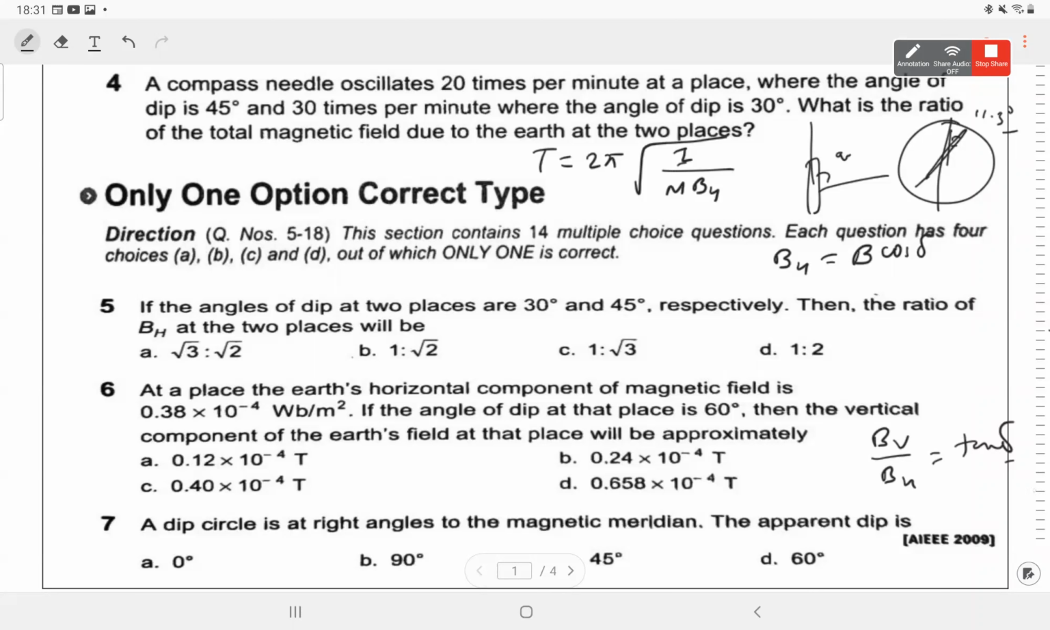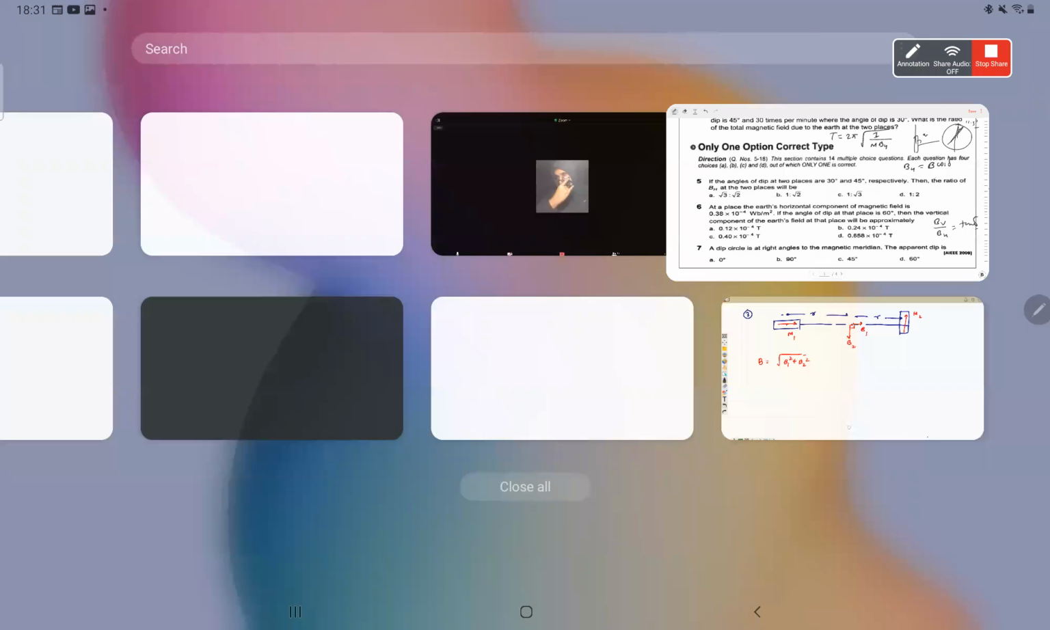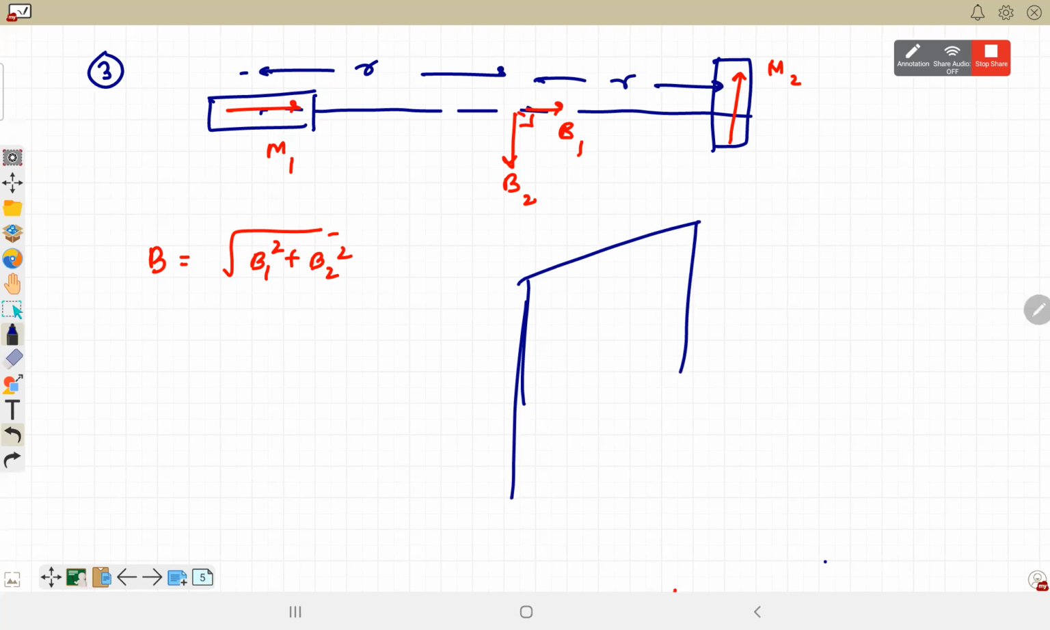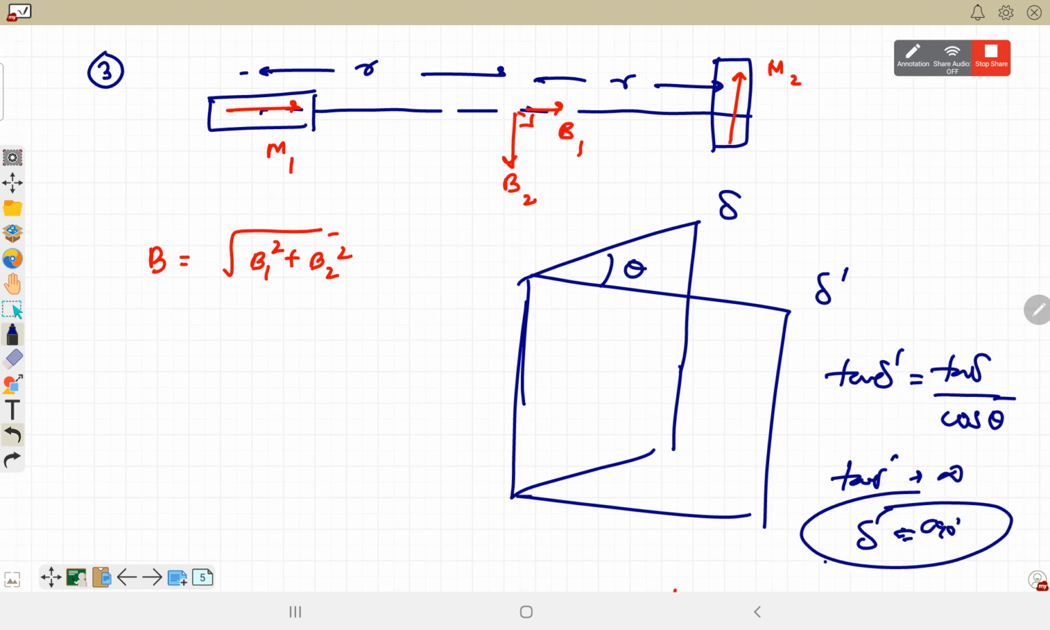Okay, number 7. A dip circle is at right angle to the magnetic meridian. अब dip circle को हमने magnetic meridian से 90 डिग्री पे रख दिया. We use the formula: magnetic meridian से theta angle पे रखने पे tan delta dash is equal to tan delta by cos theta. Here theta is 90 degree, cos 90 is 0, so tan delta dash will become infinity. Delta dash will be 90 degree. So which means it will be perpendicular to the plane surface because in that field